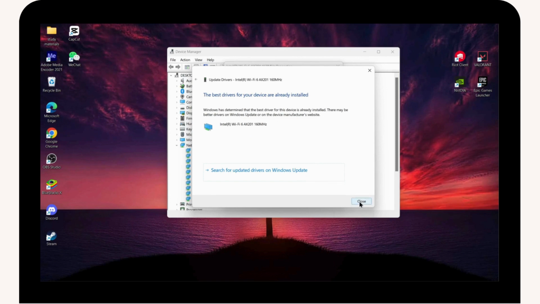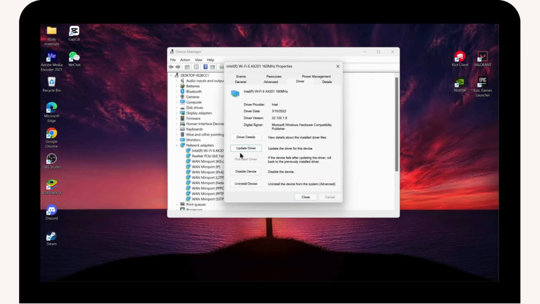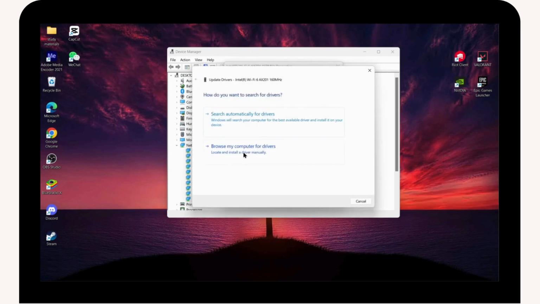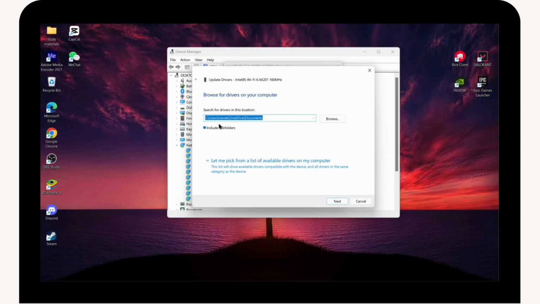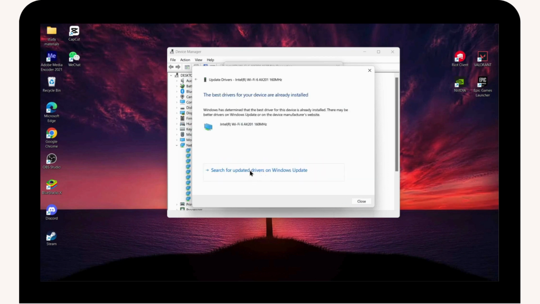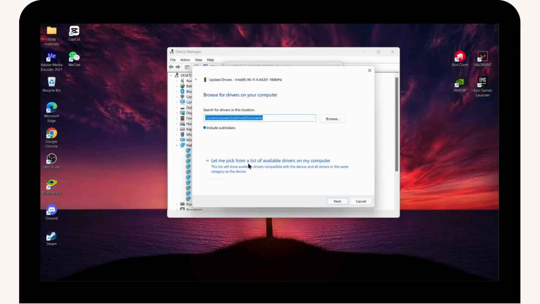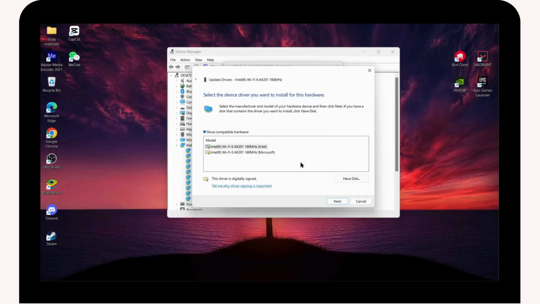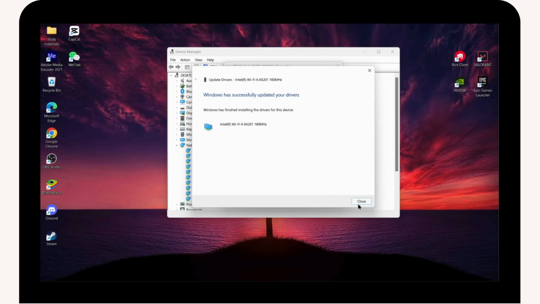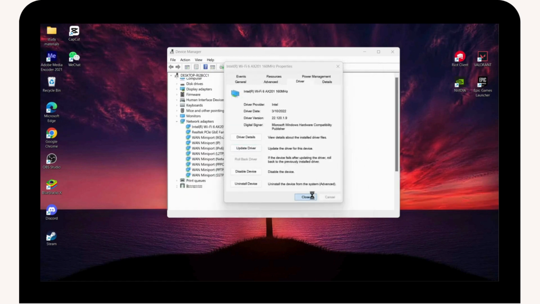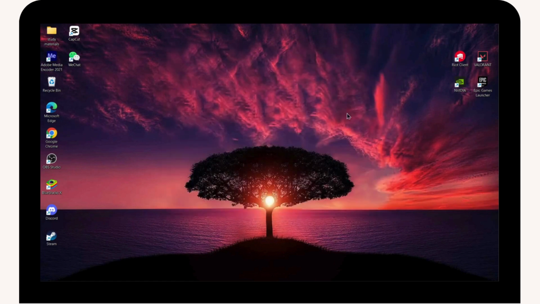And once you've done that, close that, and you need to again go for update driver and then go for the second option now, which is browse my computer for drivers, and then here you have this. You need to click on next and then go for search for updated drivers on Windows Update, and here click on let me pick from a list of available drivers on my computer, and then you can choose that, and you need to click on next and then close this and again close, and you need to close that, and